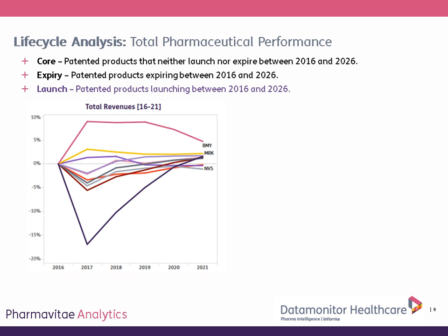We can see the effect from the next slide of the pipelines, and again, the main effect is to prop up the pipelines. For example, if you follow the chart on the left, you can see a pink line, and that is Roche. What we are seeing from our data and our analysis is that there is an inflection point for Roche, and this is due to Tecentriq in terms of immunotherapies and Ocrevus in multiple sclerosis, and that's really leading the charge as the company tries to strategize against its